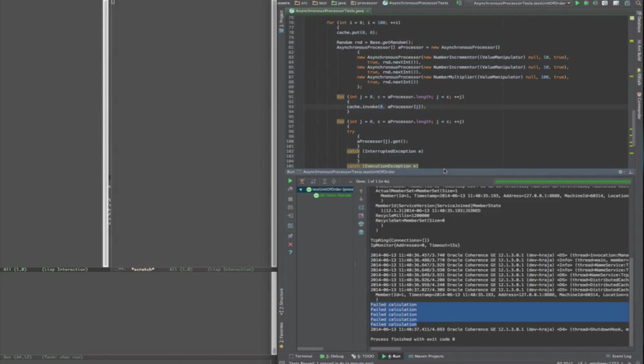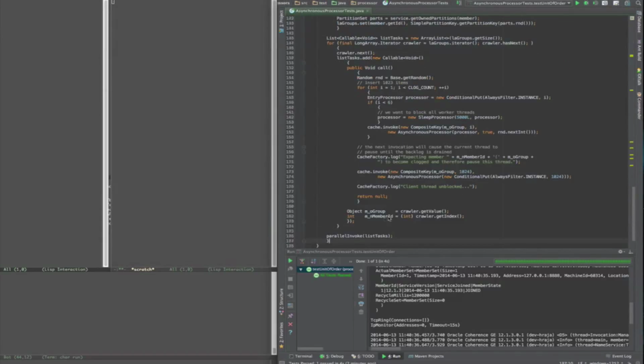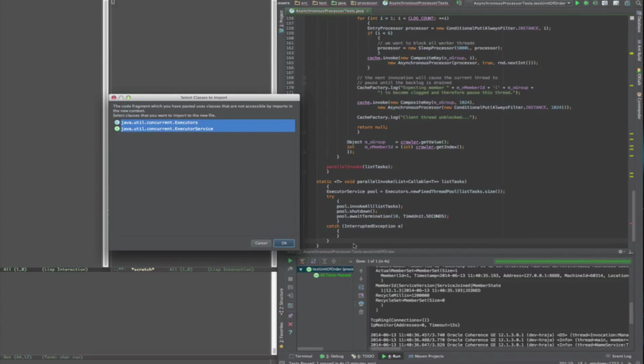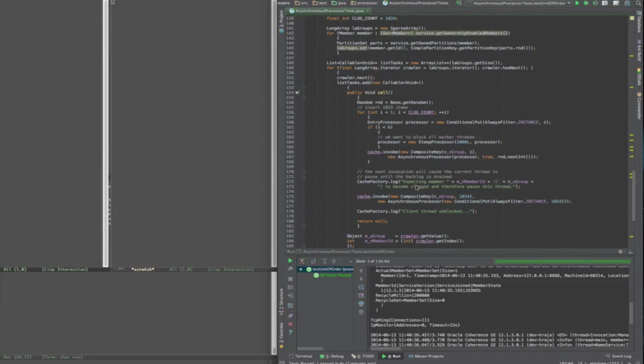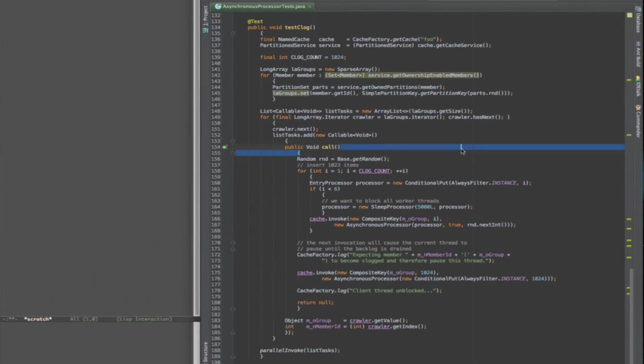There was one other part that I really wanted to go through, which was this notion of flow control. And I kind of wanted to explain that. This one's a little bit more of an in-depth test. So I will explain the test, and we can see it work. I want to run this one against more than one storage node as well, just to illustrate the test. So I've called it test clog, and the idea is that we have this flow control to stop